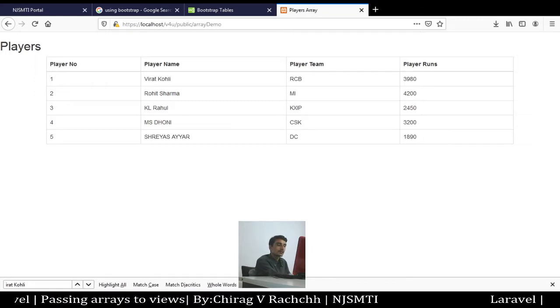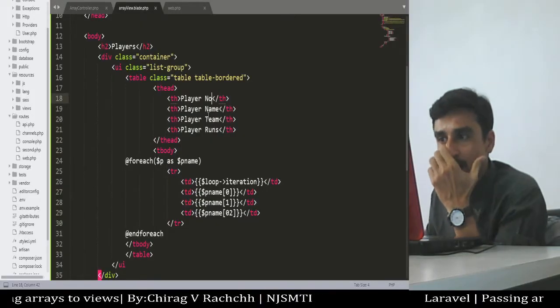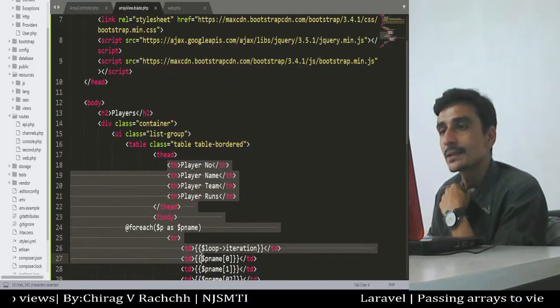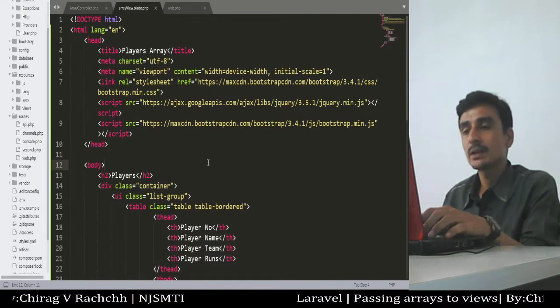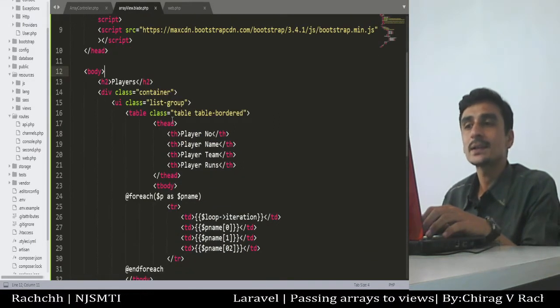One more thing I would like to show you is that right now we are showing the elements of the array one by one, but there are also methods available by which, just for testing, we can show all the elements of an array at a glance.